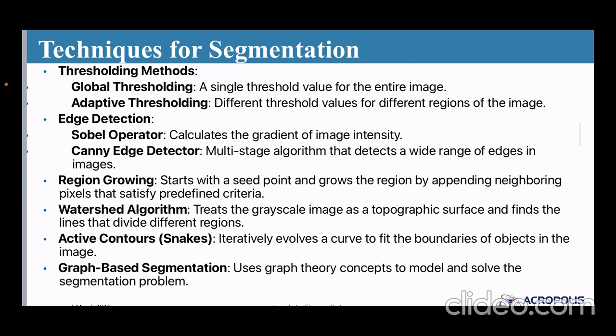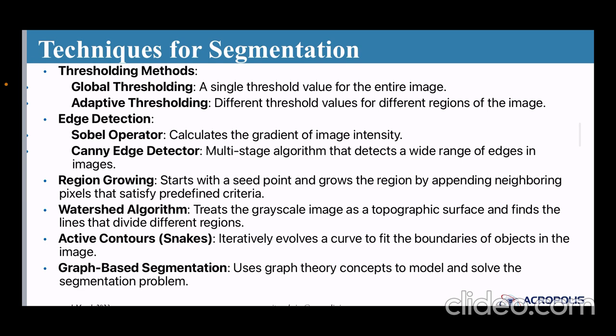A single threshold value for the entire image is global, and adaptive is different threshold values for different regions of the image. Edge detection also has two subparts. Sobel operator calculates the gradient of image intensity, and Canny edge detector is a multi-stage algorithm that detects a wide range of edges in the image. Now, region growing